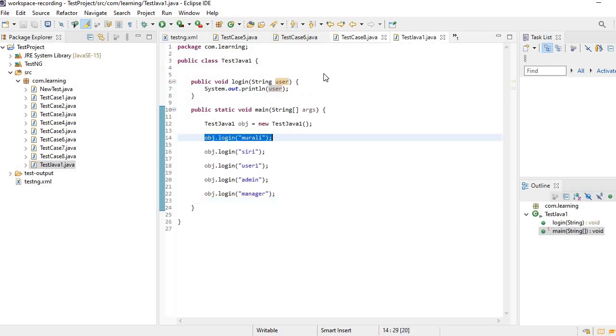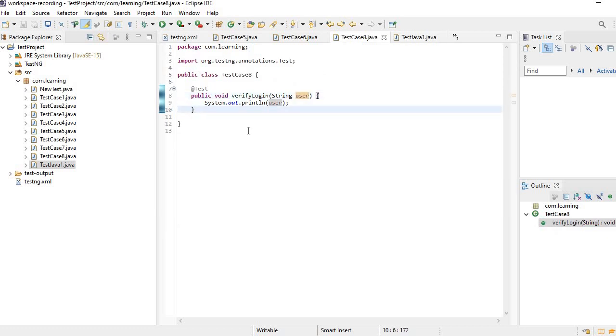Okay, but in TestNG it's different, right? That's the reason we are using an annotation called data provider. Now you got the exact point of why we are going for the data provider. Okay, good. Now the second important point we need to know here is that the data provider returns an object data type, because